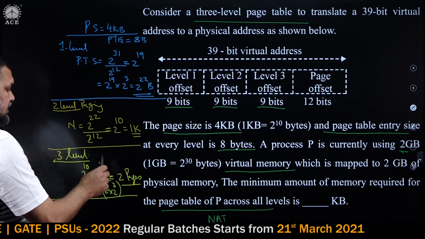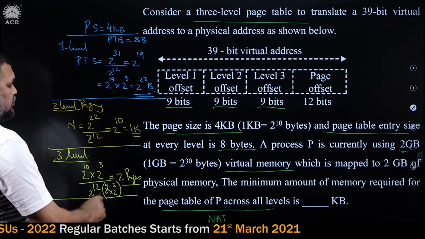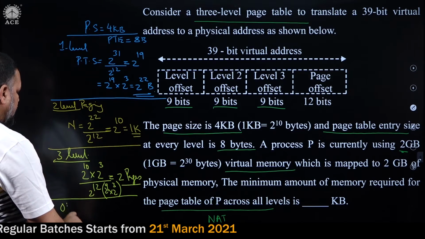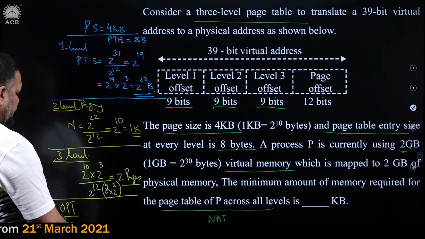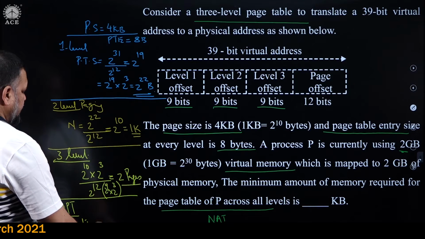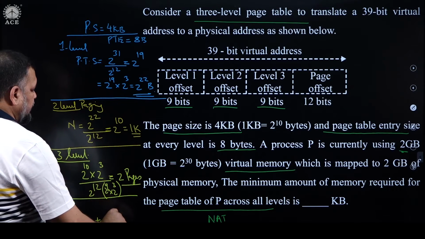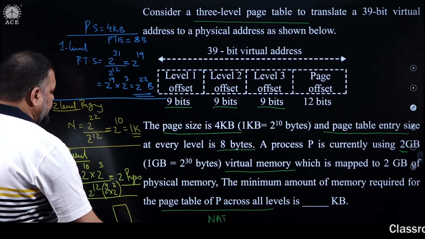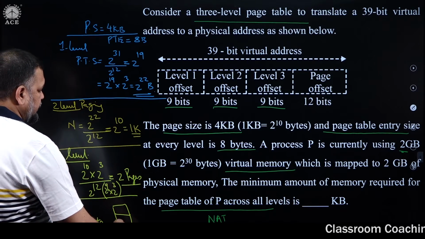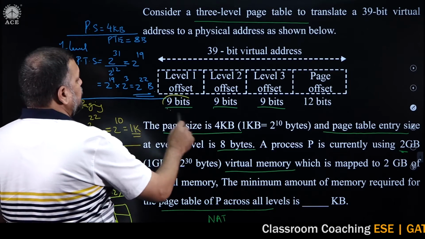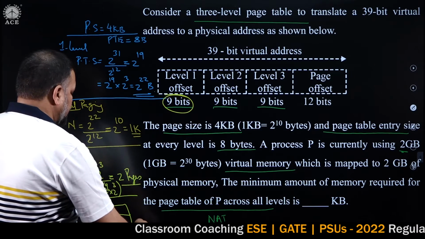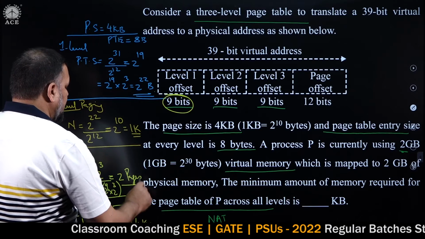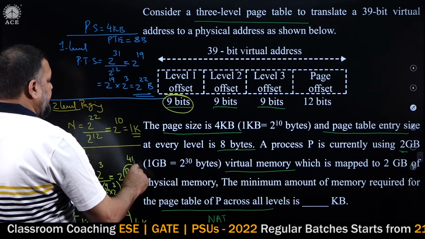Now, the third level. To access these 2 pages I need the outermost page table, which is called the page directory. This will have only 2 entries to access these 2 pages. How many bits are used to access that? 9 bits, top level, 9 bits. The size of this is also 4 KB. The size of all these pages is 4 KB, please.